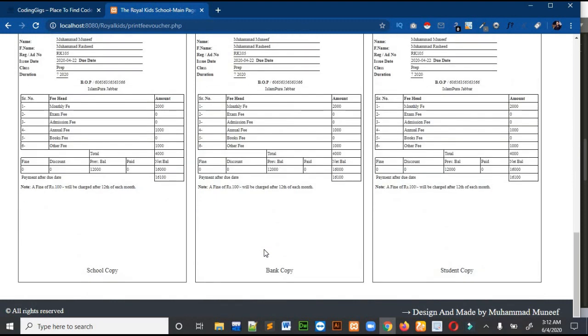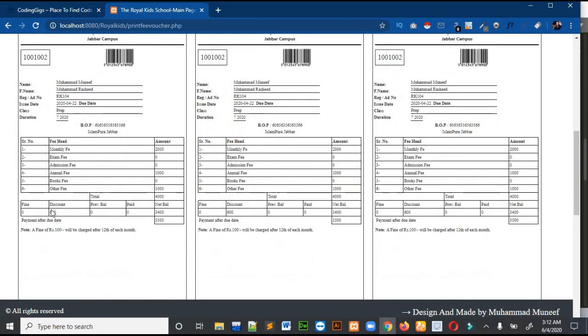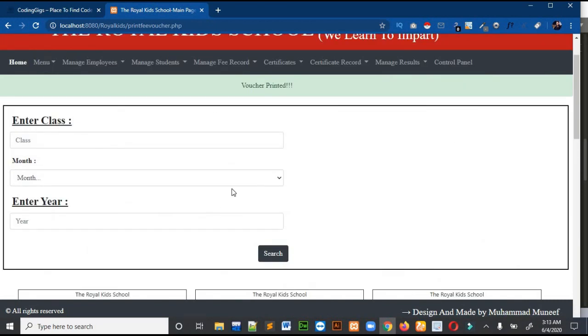So these voucher designs are given by the school, okay. So this is the design. You can see that the discount is automatically added, and it has been removed from the total fees: the total fees is 4,000 and 600 is a discount, so the fees is 3,400. And there is also a fine of 100, which is also automatically added into the voucher, okay. There is also a logic for previous balance. If some student didn't pay the previous month's fees, it will also add it into the voucher itself. So this is a very difficult page, so I will show you some things regarding this page, okay.